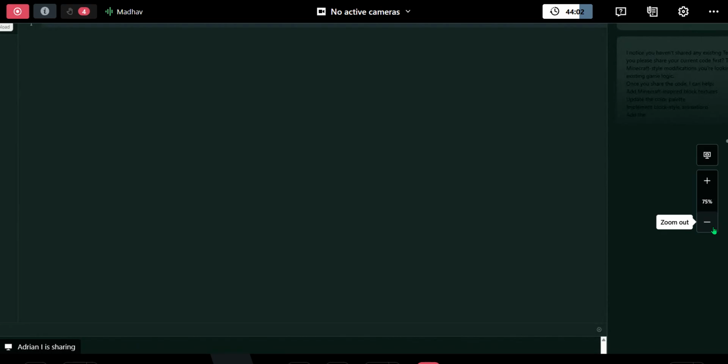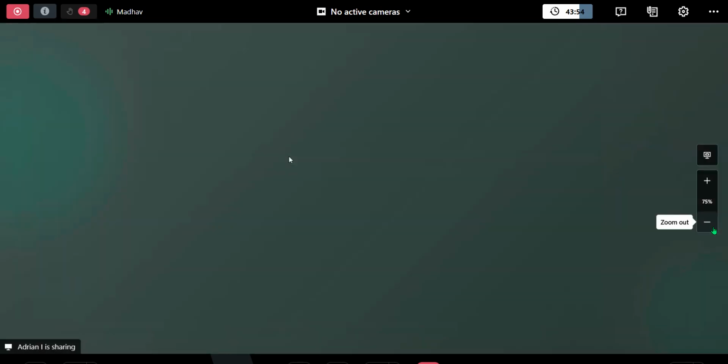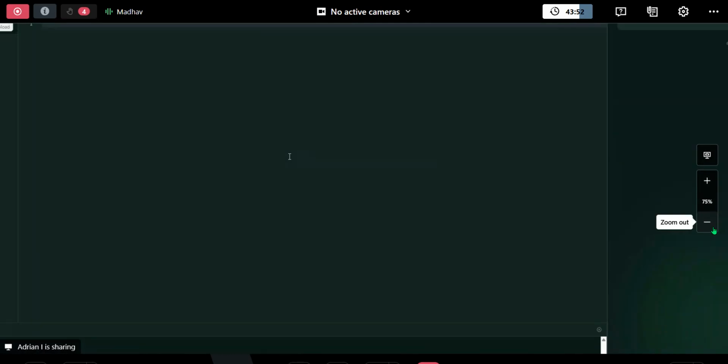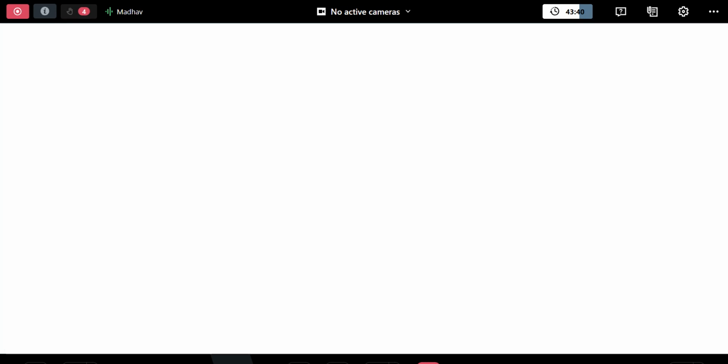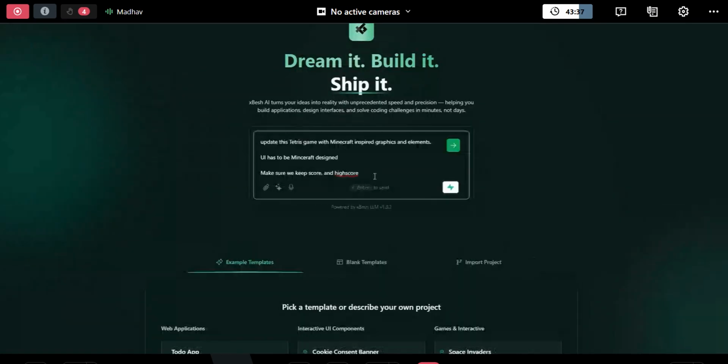You just need to see, when you are getting this black text, it means it's not loaded yet, so you need to refresh it. Right now we are building everything inside the browser. You need to understand this is not a small deal. When you build something inside the browser, we call it in-browser development. Your terminal is inside the browser, your workbench is inside the browser, everything you are building here is being done inside your browser.